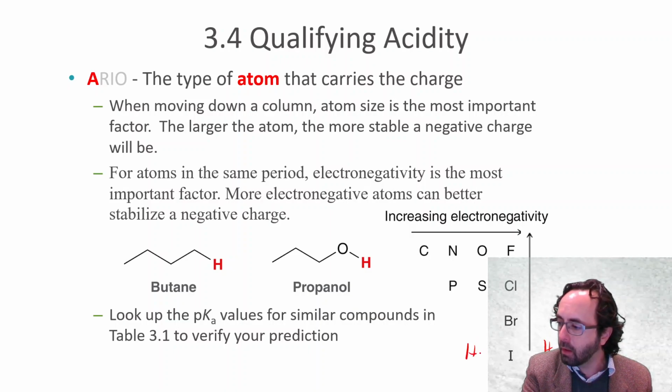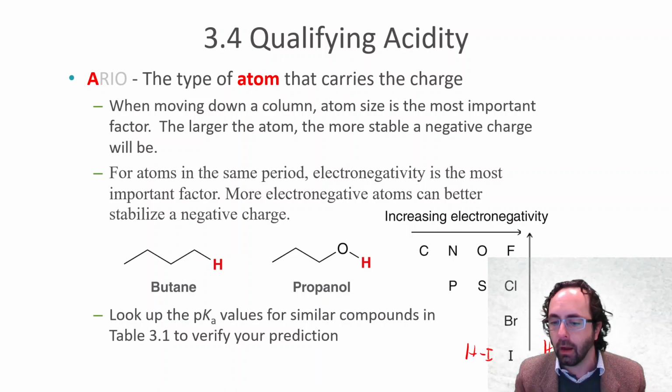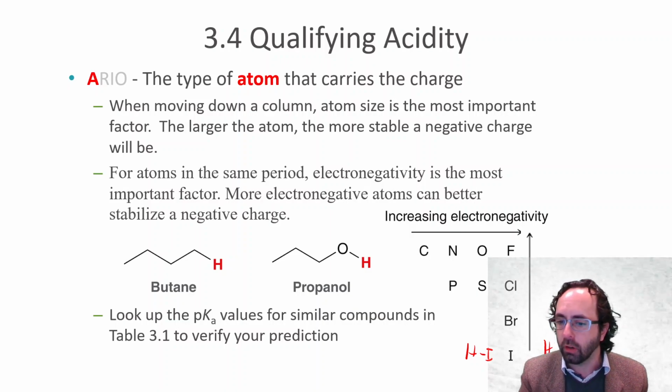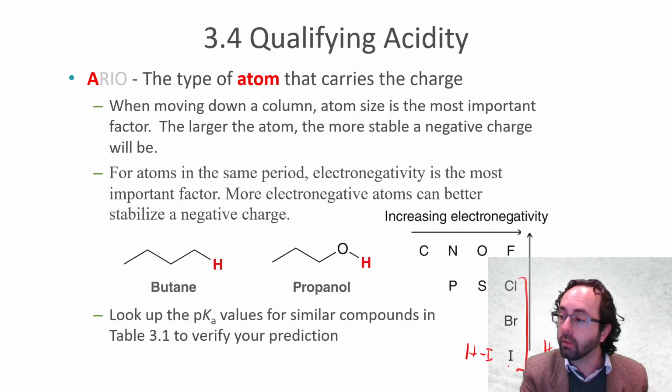HI is the strongest hydrohalic acid because the iodide ion is the largest ion. It spreads out and stabilizes that negative charge the best. And we consider all three of these to be strong acids when they're acids, HBr, HCl, HI, because they're all stronger than water. However, HF is a weaker acid than water, and that's because the fluoride ion is the smallest,